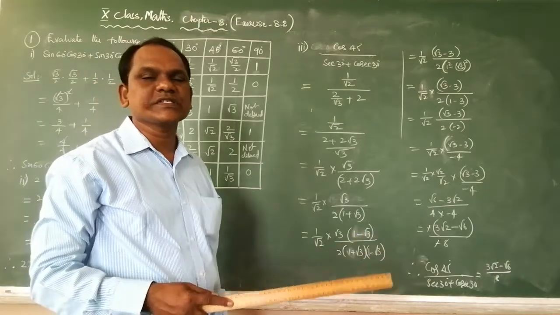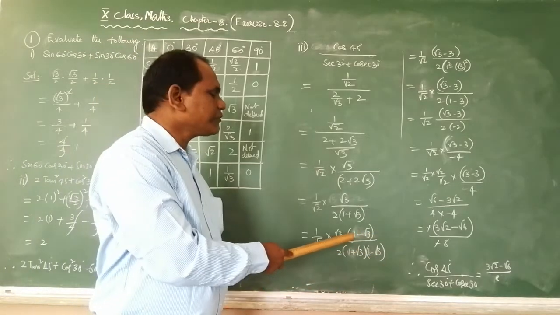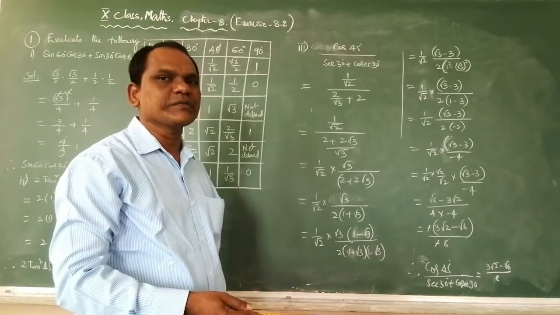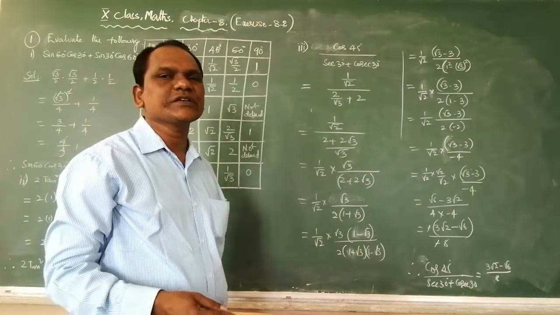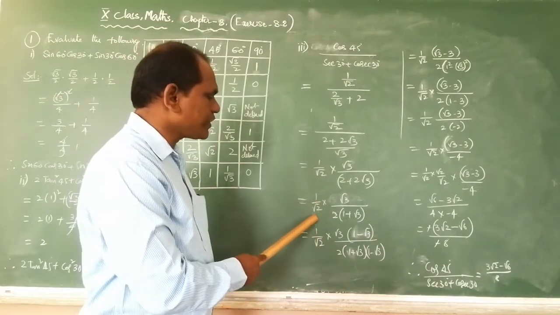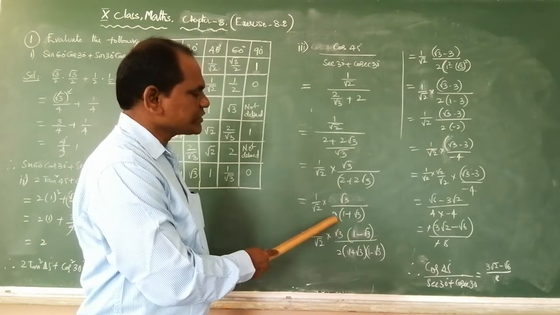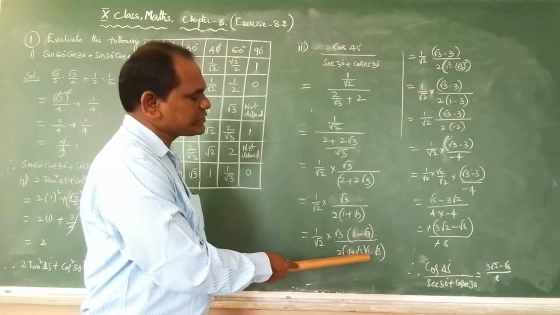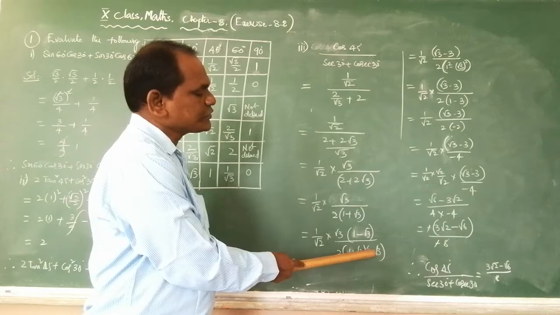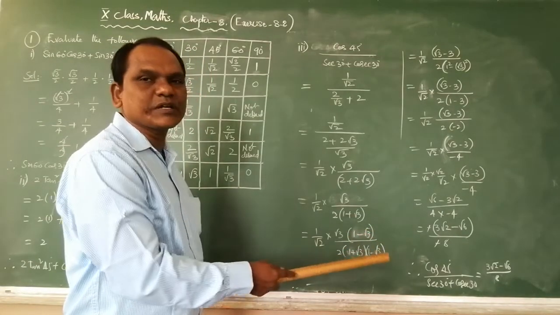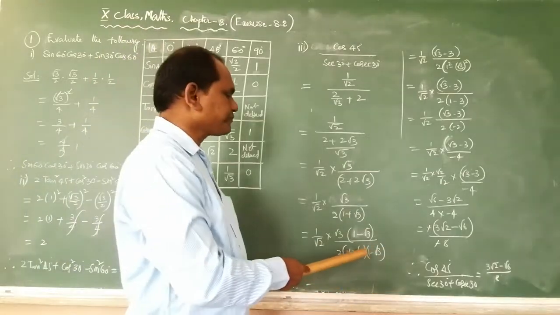In the 9th class it was there. So in that, for 1 plus square root of 3, the rationalizing factor is 1 minus root 3. So we have to take the rationalizing factor and multiply the denominator and numerator. This is 1 by root 2 as it is, root 3 as it is, and 2 plus 1 plus root 3 as it is. The rationalizing factor of this one is 1 minus root 3, so 1 minus root 3 into 1 minus root 3. For the numerator and denominator we have to multiply the rationalizing factor.